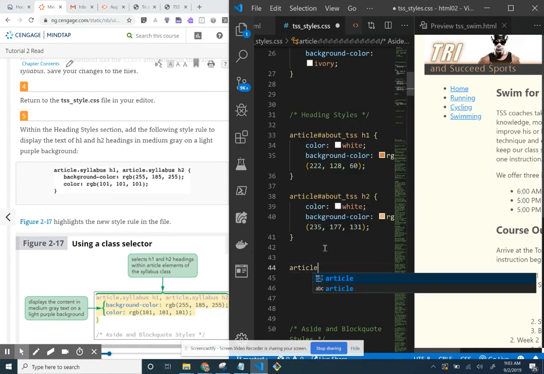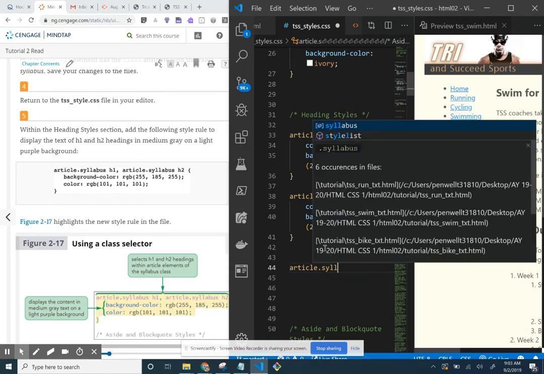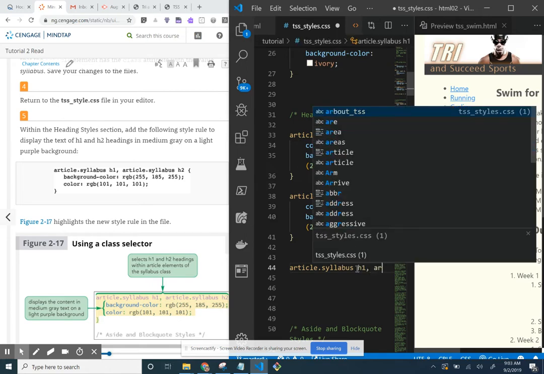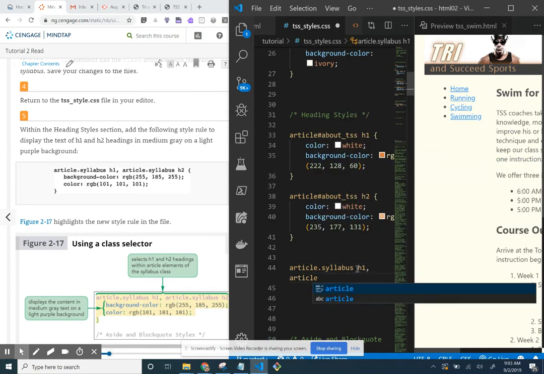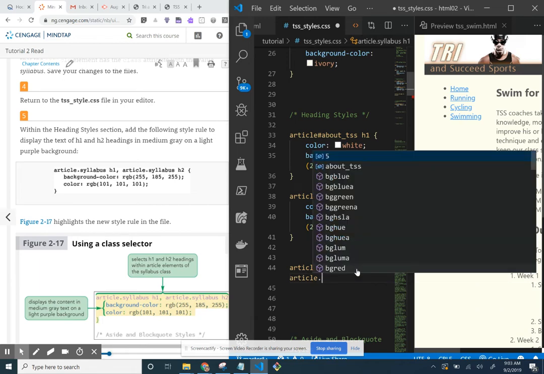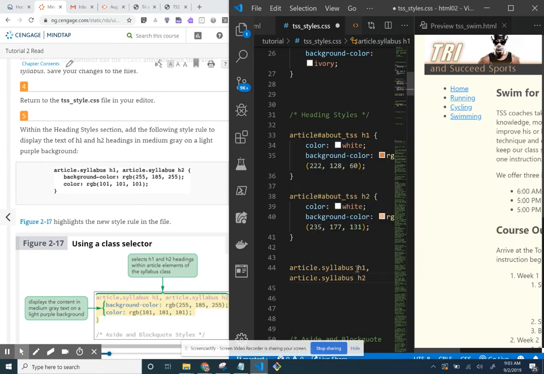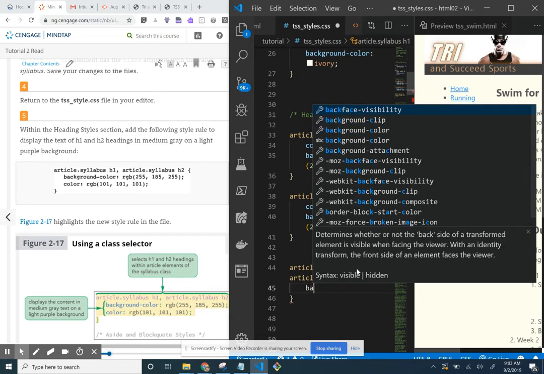We're telling the browser to look for an article tag with the syllabus class, which is indicated with the period. And we're looking for the H1 tag. And we're also going to tell it to look for article, period, indicating the class, syllabus, H2, open curly, background color,